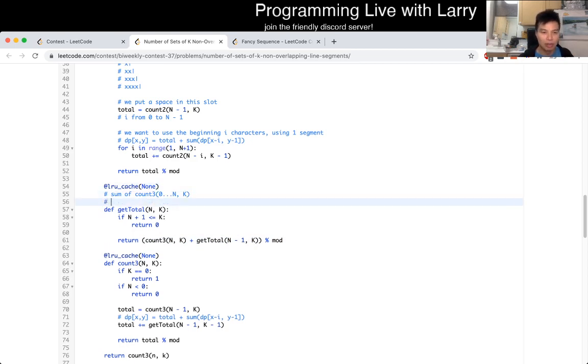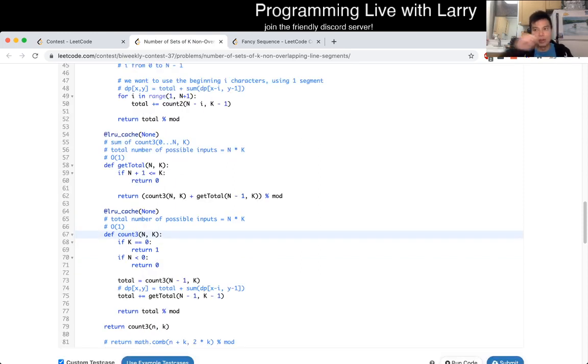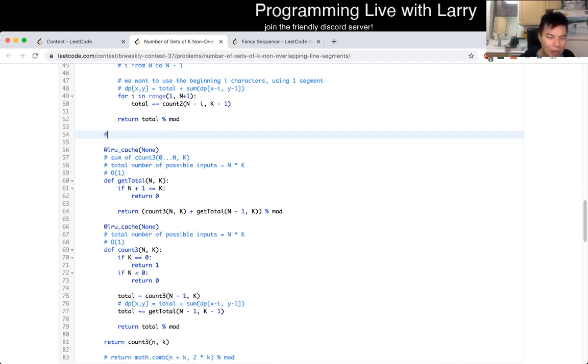So now the total number of possible inputs is still n times k, but now we're doing all one work here. I'm going to copy and paste because it's true for this as well, because now we have a loop and we compressed it into a prefix sum kind of thing, and that's what this get total does. Once you have that, we have the same parameters, and that's pretty much how you would solve it with dynamic programming. I was going a little bit fast on the prefix sum, but basically the idea is that,